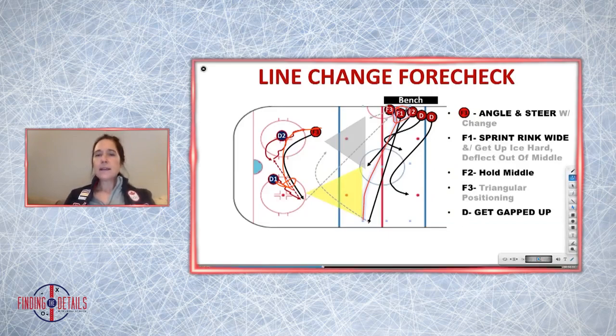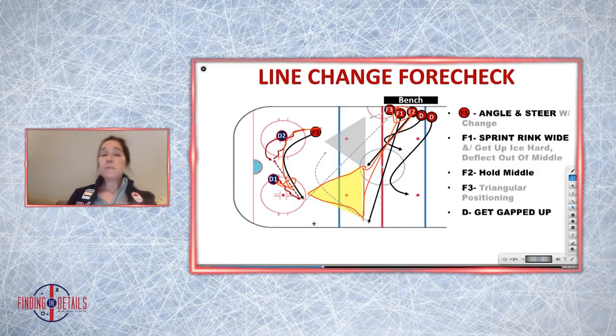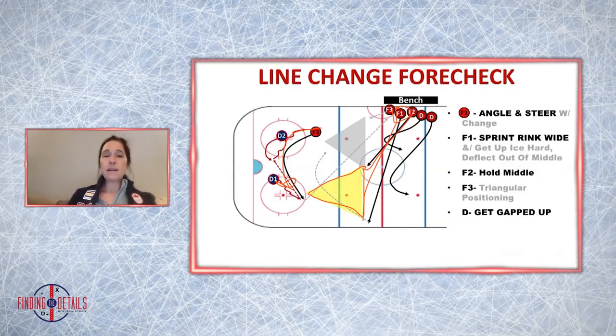Our second player comes right to the middle and gets in good triangular positioning between F1, F3 from the other line, and themselves, forming this yellow triangle right here, okay? So if F3 is successful, we're able to turn that puck over and attack. If a team ends up going back on us, like has been drawn out in this picture right here, okay,